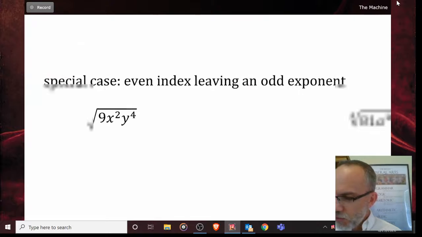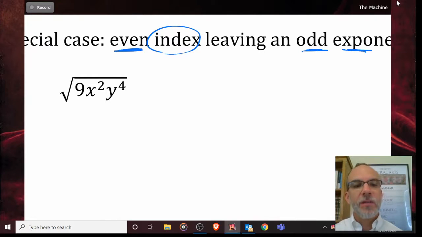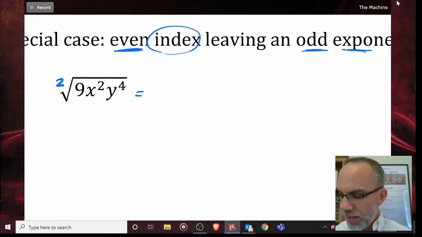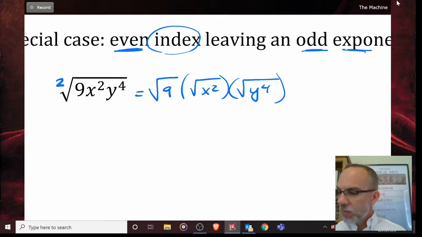A special case is when you have an even index, like an even number index leaving an odd exponent. So let's look at this one, the square root of 9x squared y to the 4th. What is the index? What is the root that I'm taking? It's not written, so it's a square root. Okay, because of the properties of radicals, I can really say that this is the square root of 9 multiplied by the square root of x squared multiplied by the square root of y to the 4th. Because it's multiplied here, times, times, times, I can make them individual square roots,